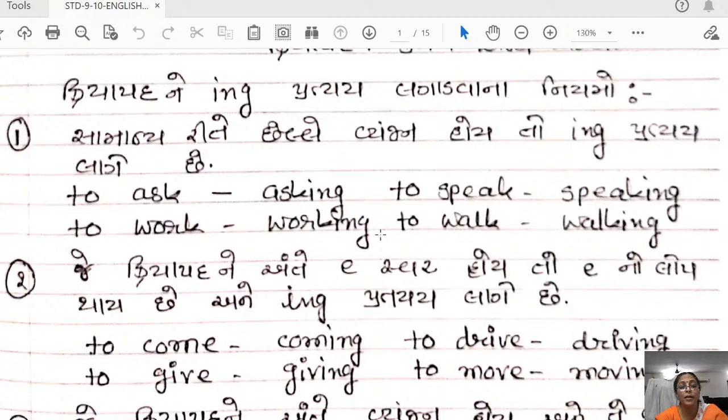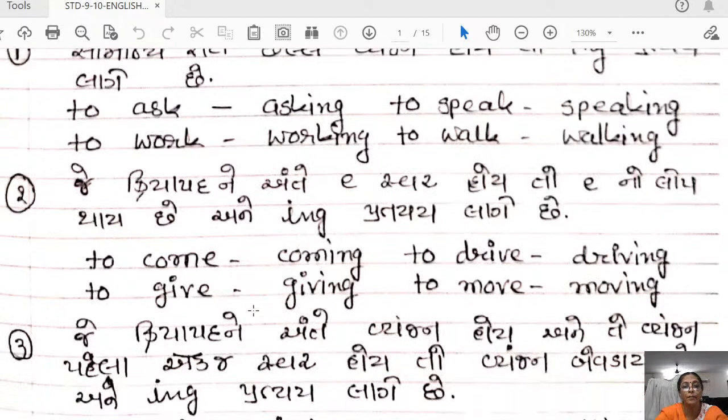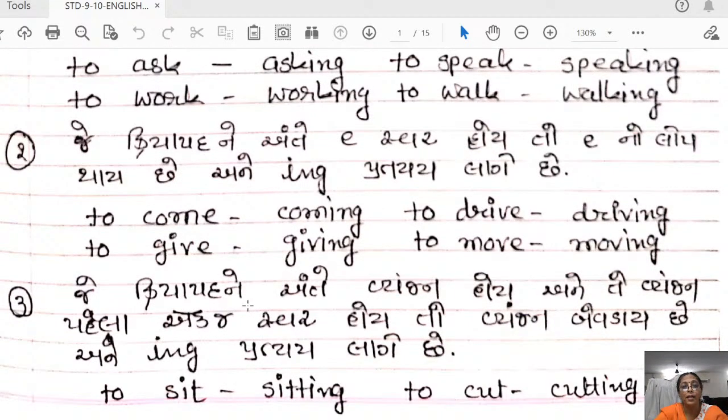Second, જે ક્રિયાપદને અંતે ઈ સ્વર હોય તો ઈનો લોપ થાય છે એટલે ઈ લખાતો નથી અને ડાયરેક્ટ ing પ્રત્યય લગાડાય છે. સી ફોર એક્ઝામ્પલ, to come. In the come, last comes vowel E. Vowel means swar, right? So E becomes disappearing and then comes ing. So to come becomes coming,